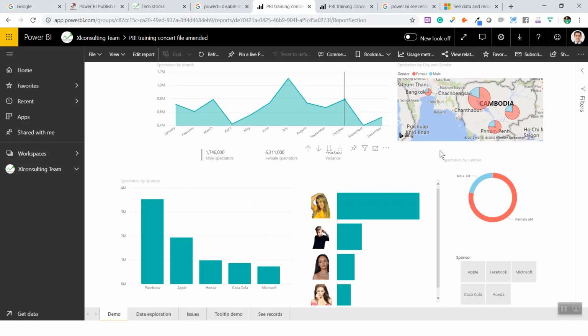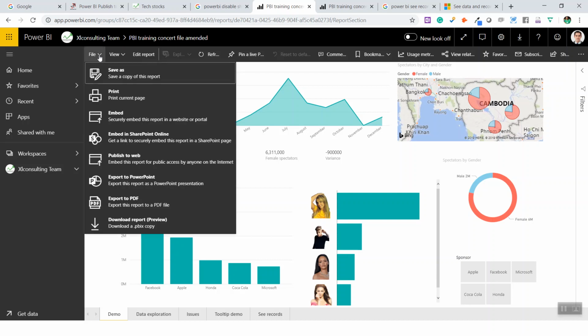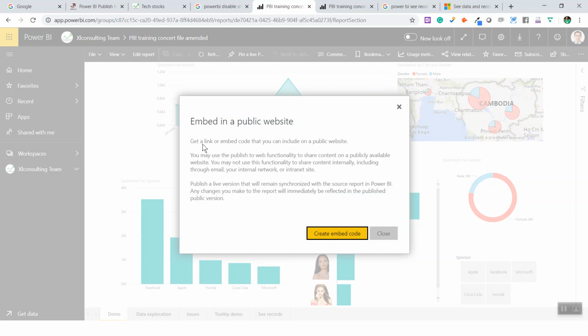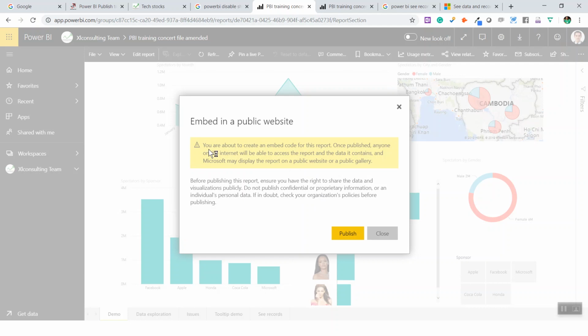So if I want to publish this online for free, I can go to File, and then I can go to Publish to Web. It says you'll get a link or embed code that you can include in the public website, and you can create embed code. Then it gives you this other warning. You are about to create an embed code for this report. Once published, anyone on the internet will be able to access the report and the data it contains. And Microsoft may display the report on a public website or a public gallery. So you don't have anything to prevent that. So if you click on Publish,